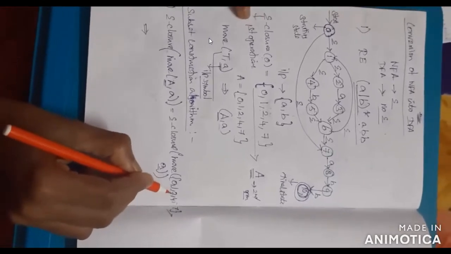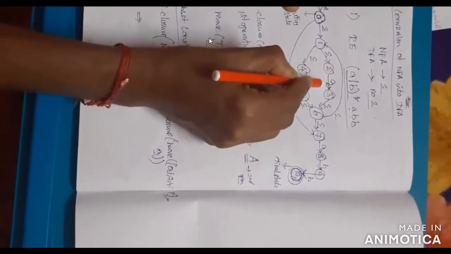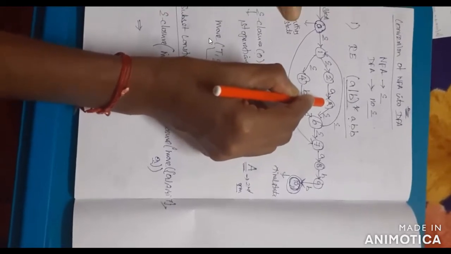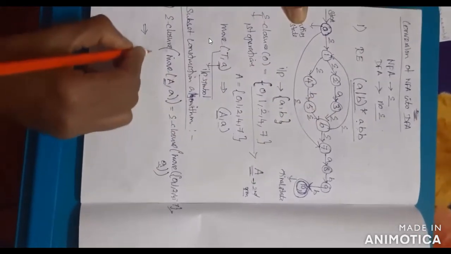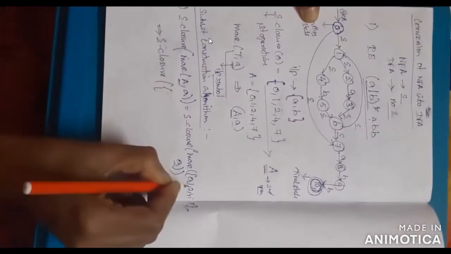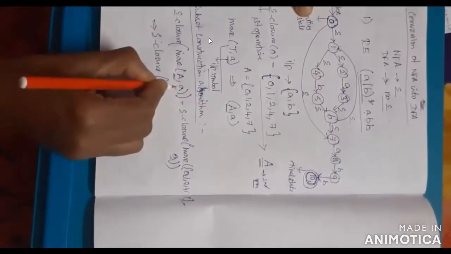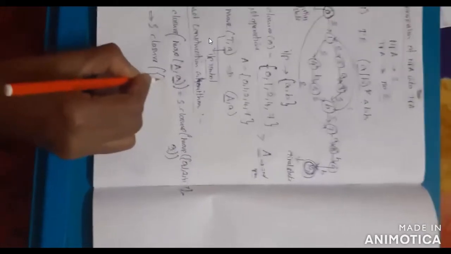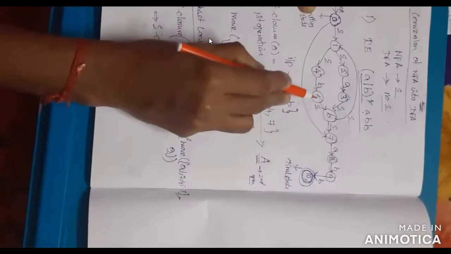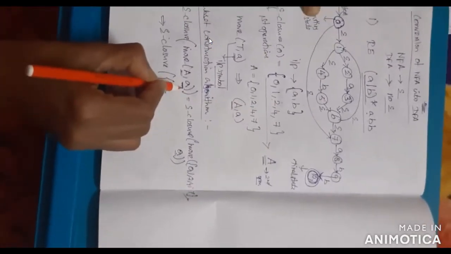So what is the next value? 2. The state can be moved from 2 to 3. So what is the input symbol? The move from 2 to 3 is on small a. What is the state here? 3. So you can specify the value for E closure of 2. 2 can move to the next state 3, on input symbol a. Now you are only checking for small a, so you write 3. Next, what is the state? 4. 4 can move to the next state 5. 5 is on the input symbol b, but you are checking only for small a.